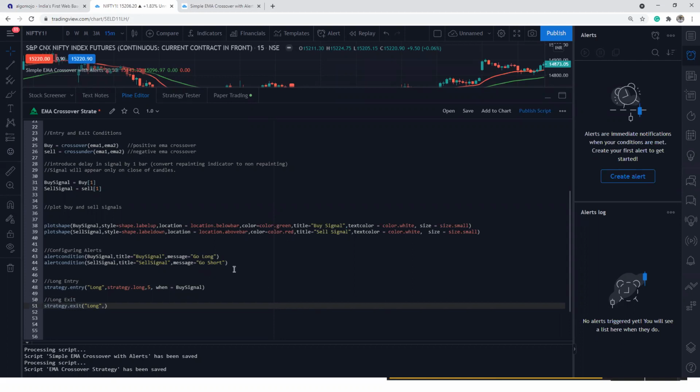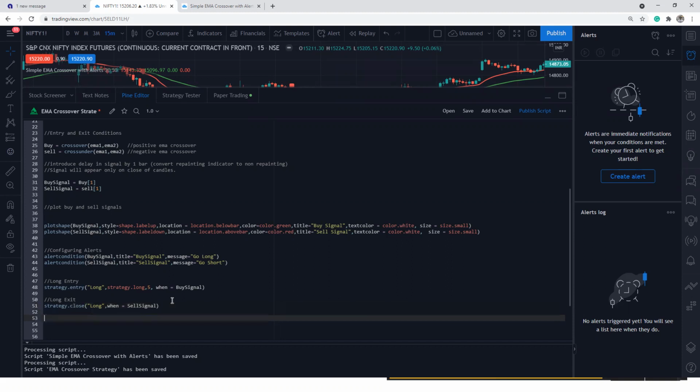So long is the ID, the same long ID I'm putting over here. That is the one I'm going to close my position. I can use exit or I can also use strategy.close. I'm going to close the position here. When you want to close the position, you have to sell. Whenever there is a sell signal, I want to close my open positions.